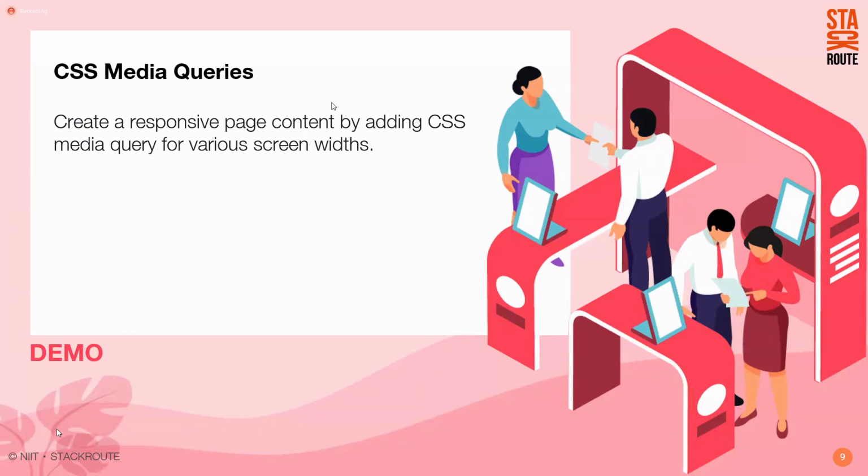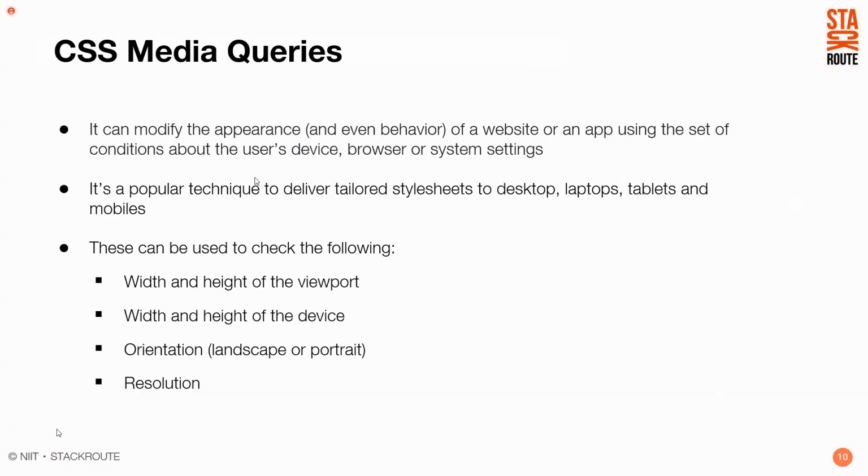Okay, let me cover the theory and then I'll come to the demo. Create a responsive page content by adding CSS media query for various screen widths. See here, for various screen widths, I'm going to adapt my page content by using media query. So what is media query? It can modify the appearance, please listen, it can modify the appearance or even the behavior of a website or an app using a set of conditions about the user's device, browser, or system setting. So based on the device I'm using, the browser I'm using, and the system setting you have,